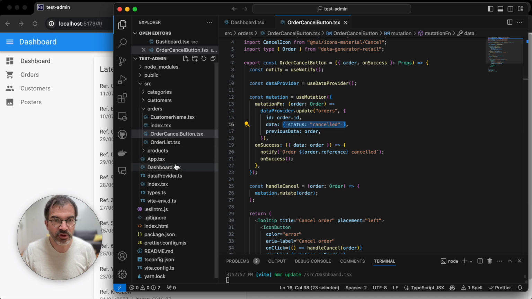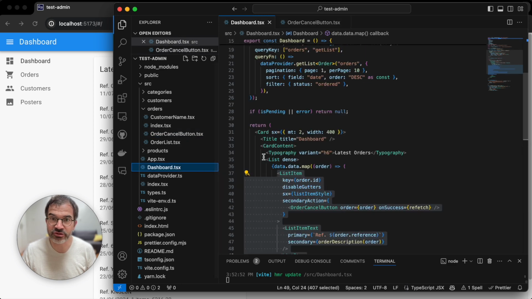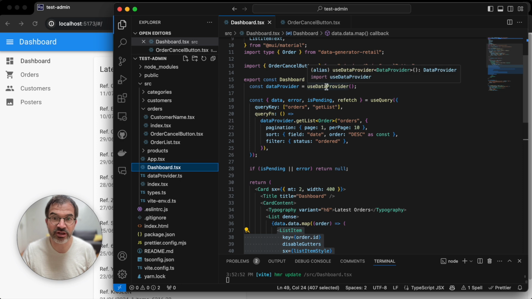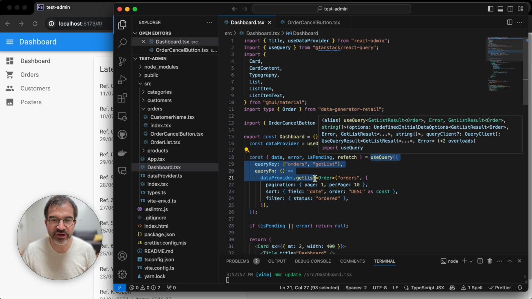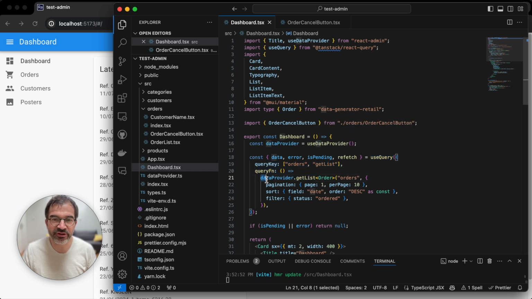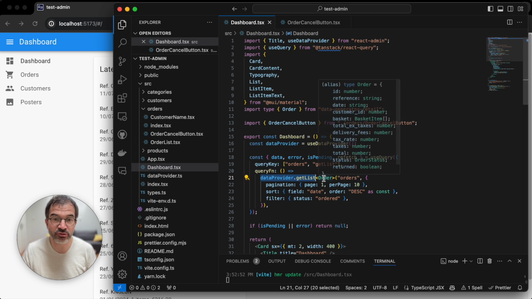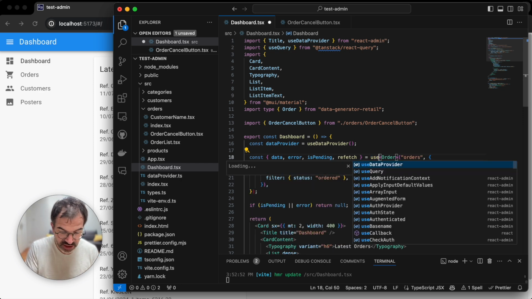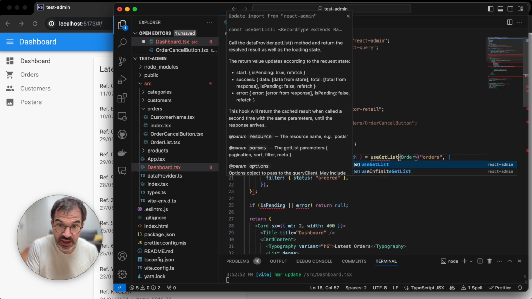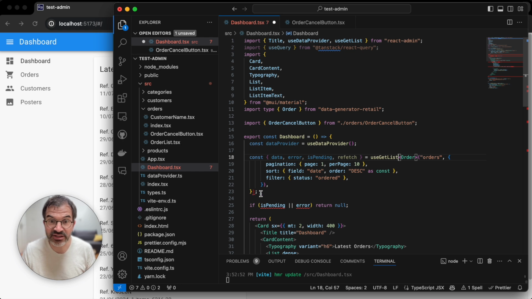So to call the data provider, just call useDataProvider and use React Query. But it's a bit cumbersome to repeat the query key and the query function, and React Admin can do better than that. In fact, React Admin provides for each data provider method a specific hook. So for dataProvider.getList, React Admin will have a useGetList hook. And useGetList has the same syntax as